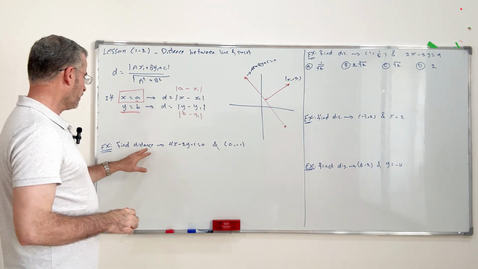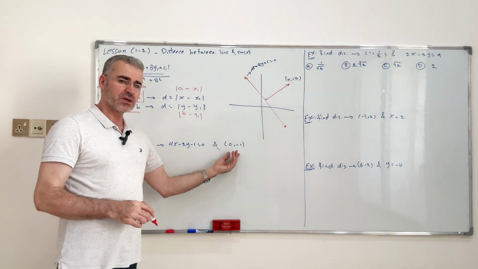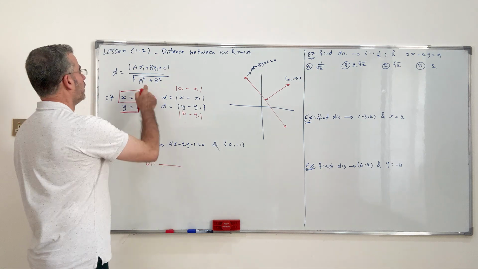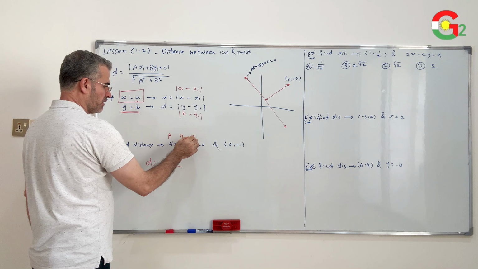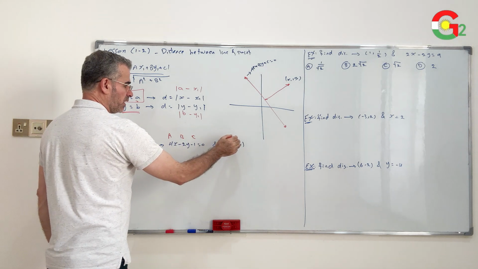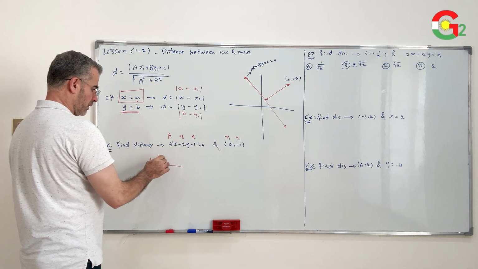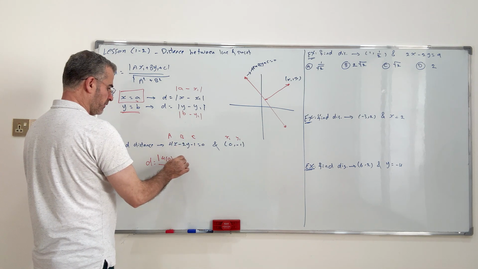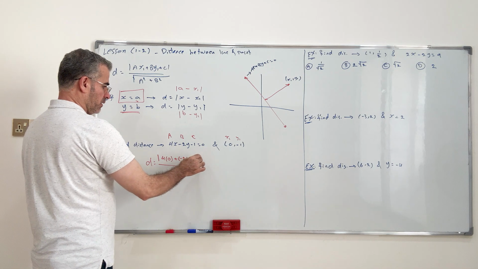Example, find the distance between the line 4x minus 2y minus 1 equals 0 and the point 0, 1. Distance equal to ax1, this is the value of a, this is the value of b, and this is the value of c. Here we have coordinate x1, y1. Then ax1, 4 times 0, plus b, negative 2, y1 times negative 1, plus c, negative 1,